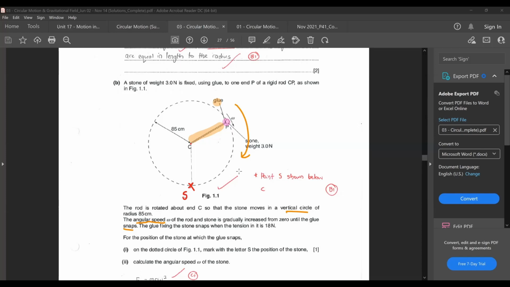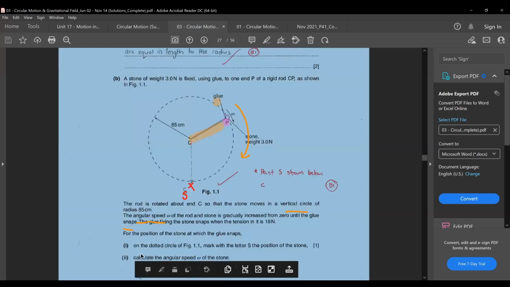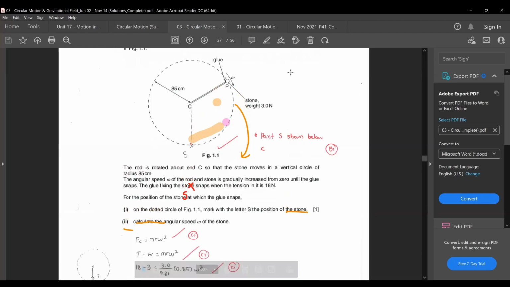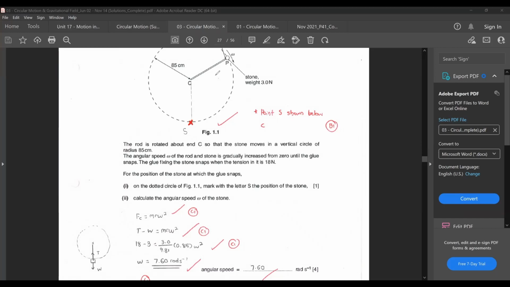All right, then for that same position where the glue snaps, they're asking you to calculate the angular speed omega of the stone. They want you to calculate the angular speed omega of the stone at this very same position where the glue snaps. So let's consider this. At the bottom of the circle, which is this one,